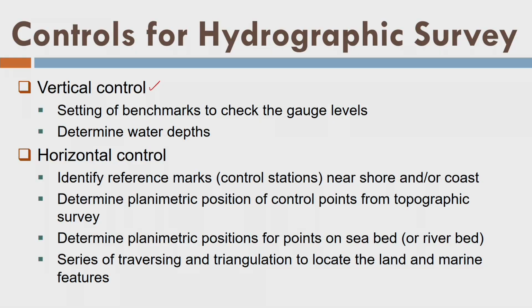Also we measure the depth of the seabed on the water surface, but we need to have different instruments for that purpose, because I cannot measure the depth of the water using the conventional instrument like theodolite, total station and so on. I need to have some different instrument, and for that purpose we separate the planimetric survey and the vertical survey in case of hydrography. Fine. I hope that you got the idea here.